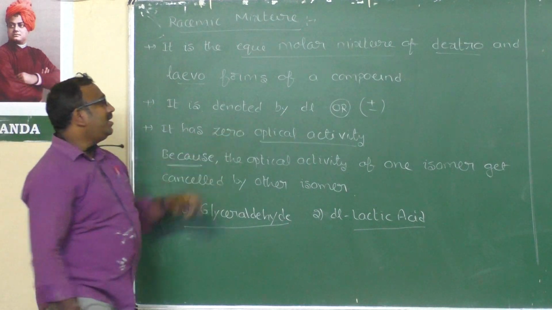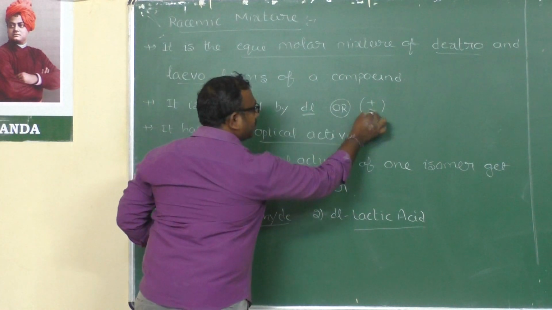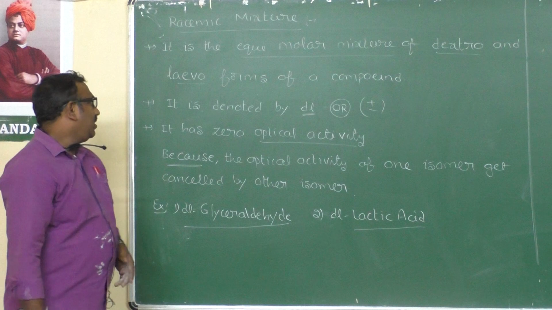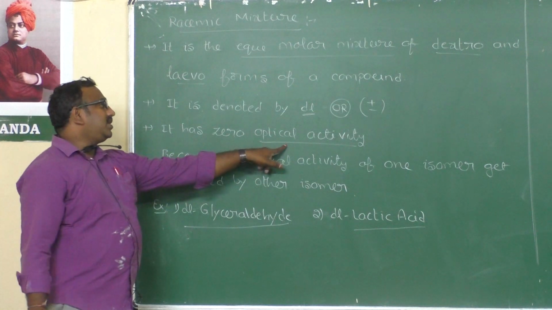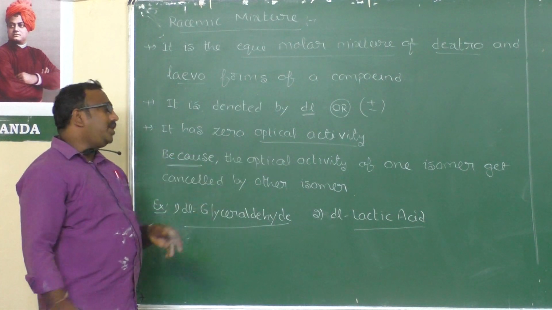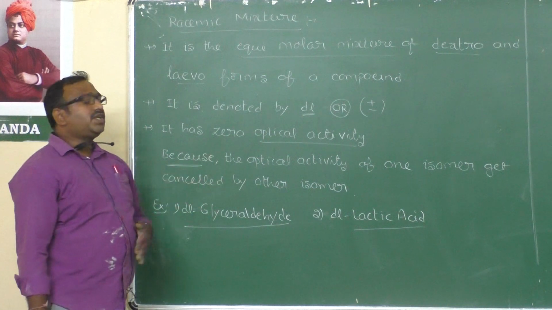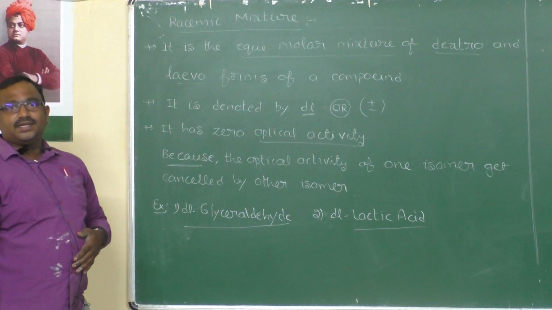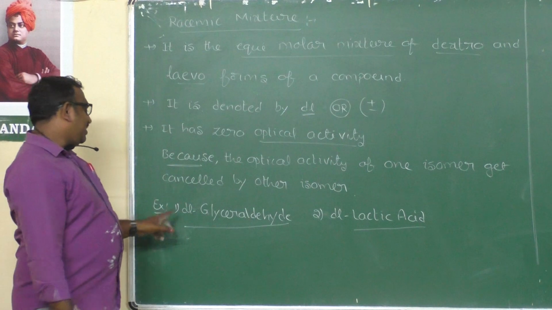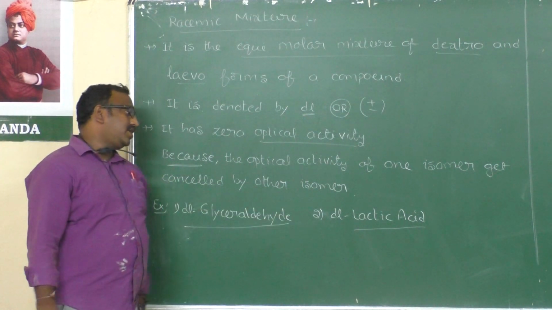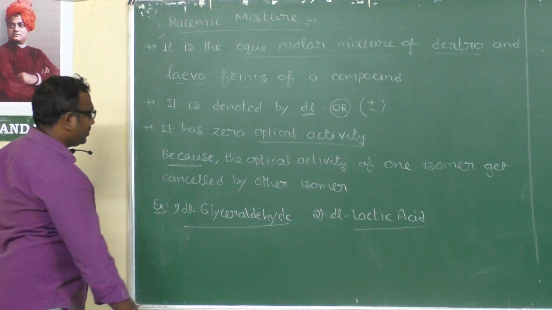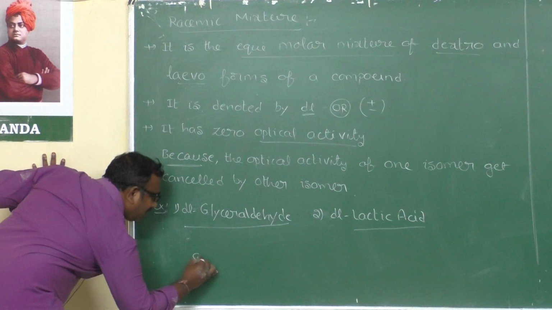It is denoted by DL, or it is denoted by plus or minus. It has zero optical activity because the optical activity of one isomer gets cancelled by the other isomer. Best examples are DL-glyceraldehyde or DL-lactic acid. On taking DL-glyceraldehyde,